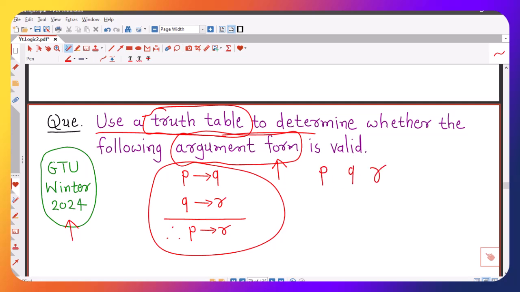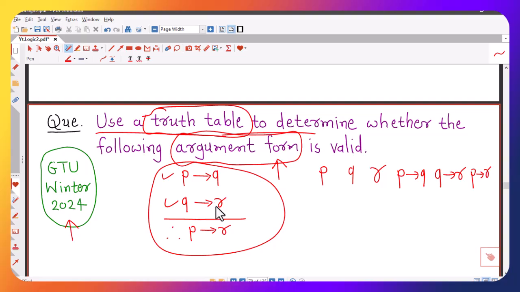Here we have three propositional variables, so we will have three columns for P, Q and R. We have two premises, so we will prepare the columns for P implies Q and Q implies R, and the conclusion is P implies R. So we have to prepare the column corresponding to